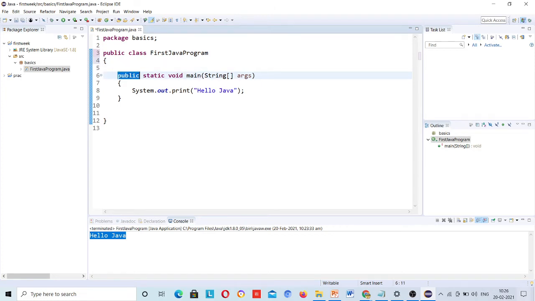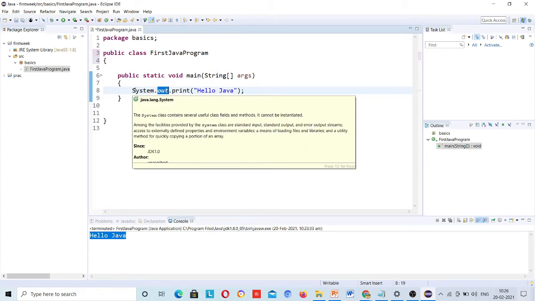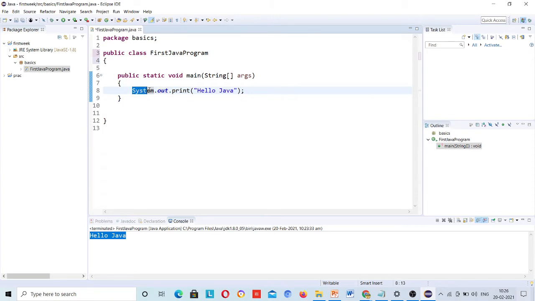See, for this public we have to know what are packages. For this static we should know what are keywords, what are return types, what is a final class, what is an object. We don't know everything, so better you remember it. As of now, if you have to print something, System.out.print.